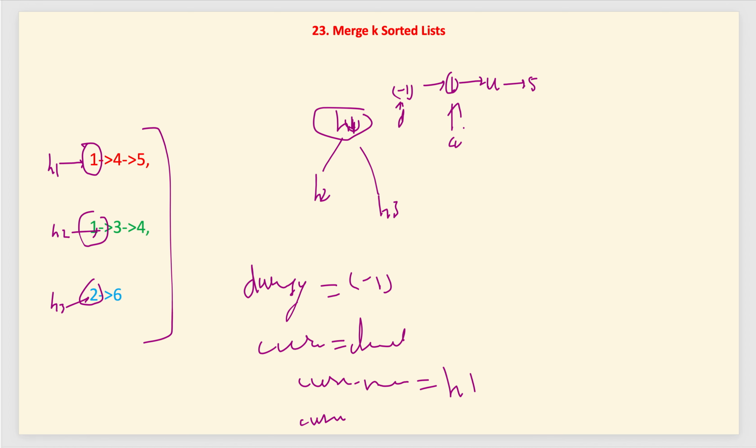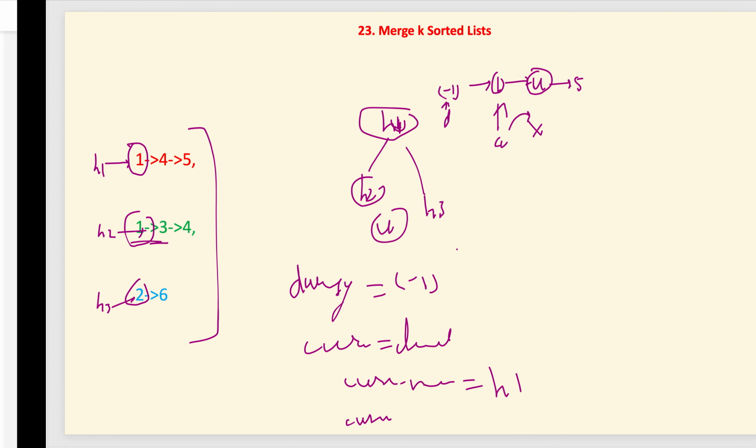We will check if current dot next is not null, then we will add this as the next node, current dot next, again into the priority queue, so that we keep going to process all the nodes. So we will add it here again, like some node 4 here somewhere, and now this H2, which has a value 1 which is the minimum, we again do the same step. We will repeat this step until there is no element in our min heap. So you can pause the video and try to implement it yourself first. So let's jump into the implementation.